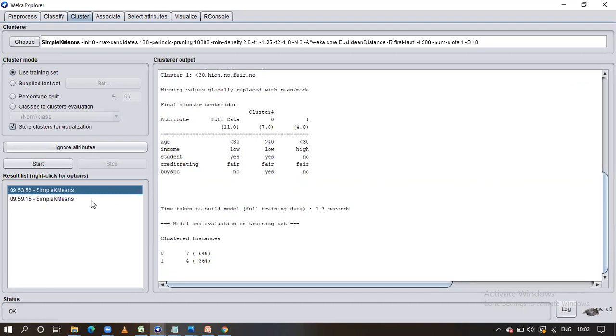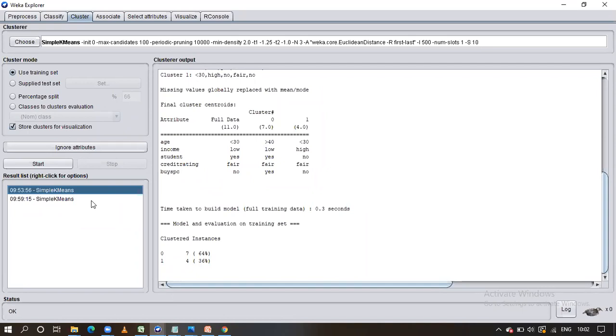The sixth one is the J48 algorithm, with the data set student.arff. The seventh one is classification, where we have to use ID3, with the data set employee.arff. The eighth experiment is naive Bayes classification, with the data set employee.arff. The ninth one is clustering on the iris data set. The tenth one is student.arff, also clustering using simple k-means.